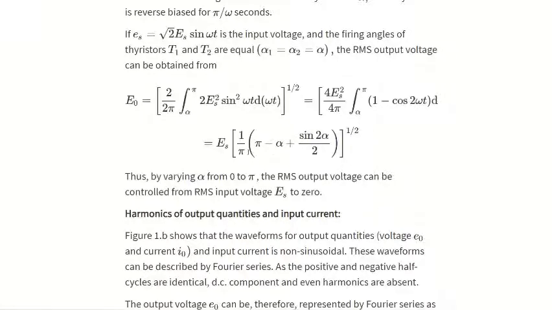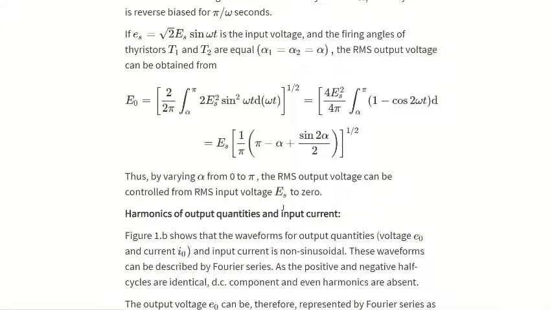So this is the expression: Es into 1 by pi, within brackets you have pi minus alpha plus sine 2 alpha by 2, whole under square root,